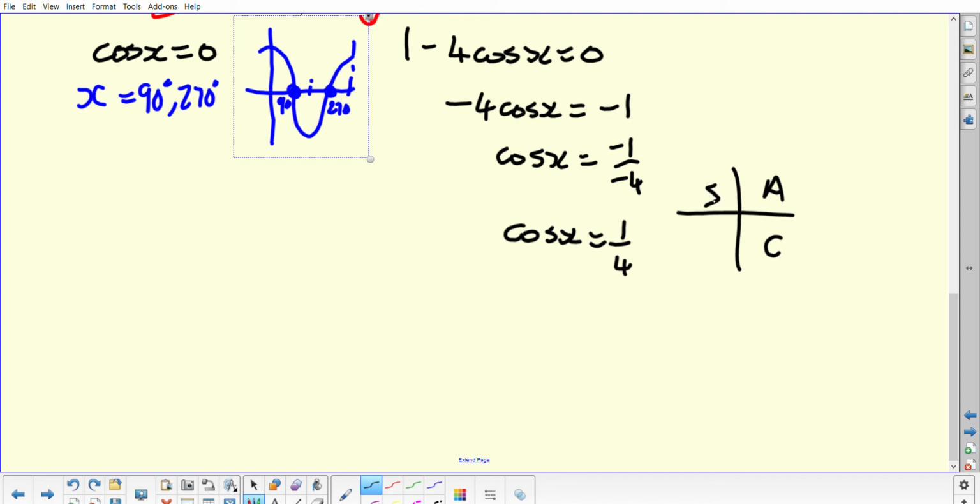From your CAST diagram, you would be looking for angles in the first quadrant and in the fourth quadrant. To get the one in the first quadrant, you need to go to your calculator. It's not one of our exact values, so we'd be doing cos to the minus 1 of 1/4, and that would give you an angle of